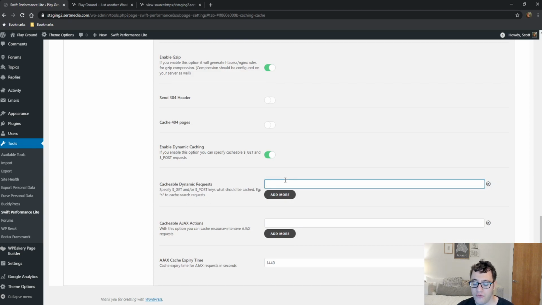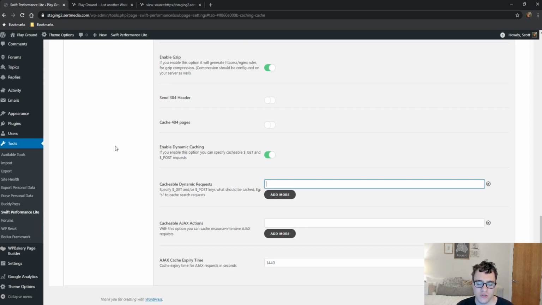And then the enable dynamic caching allows you to choose assets that get cached that are using a query string. So an S would be for your search pages. And then you can also choose to cache AJAX actions. So if you're using a WP admin.ajax.php, you can include actions here that can then be cached and served from the disk or in the database. And the issue with this is it can oftentimes break the functionality, but it can also really improve the download